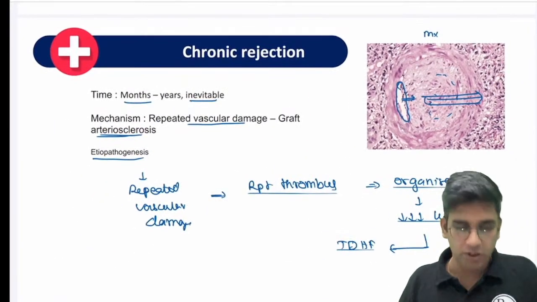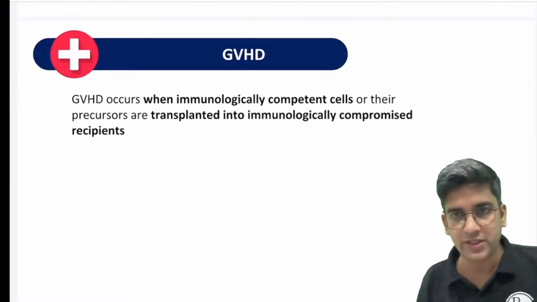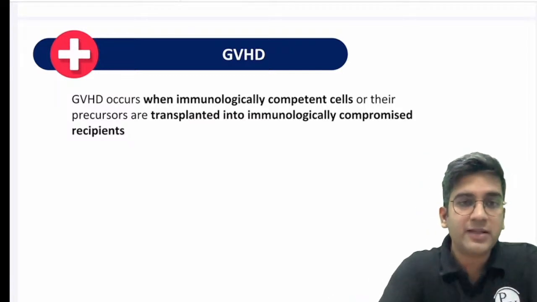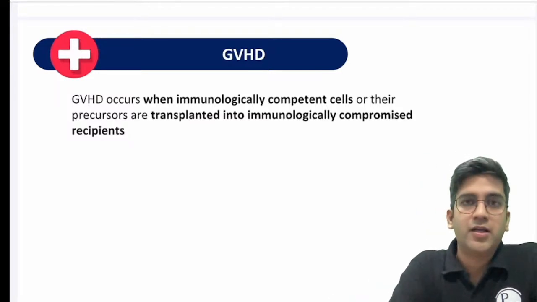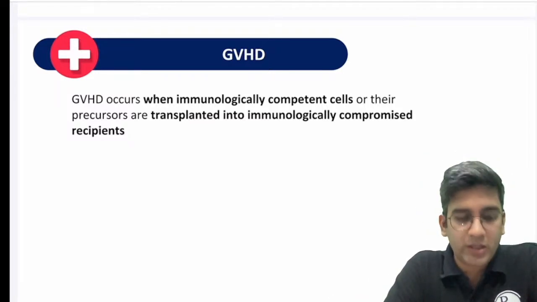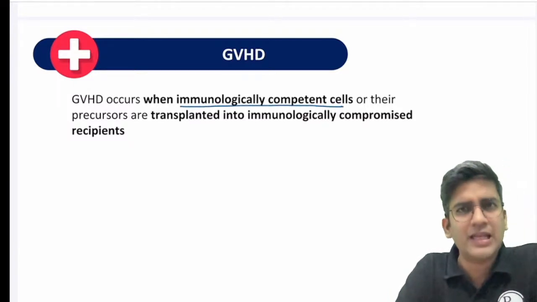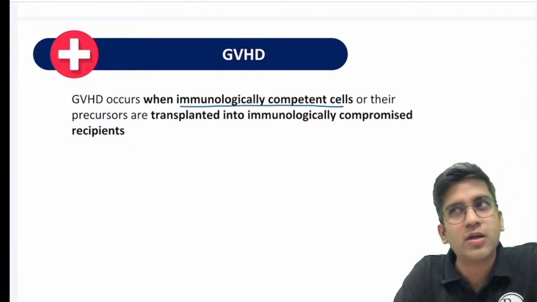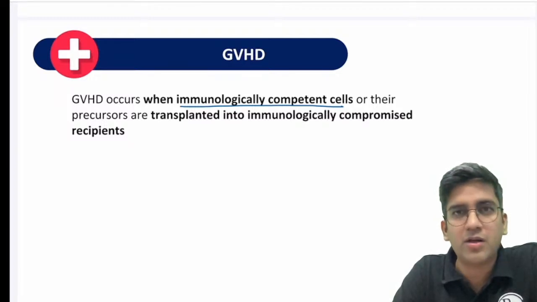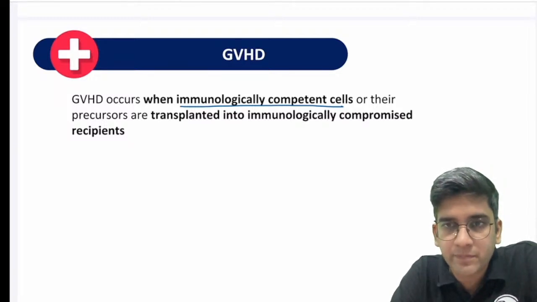Okay, got it. Then we'll go to GVHD. Fine. So GVHD is common in exam. GVHD is a very unique phenomenon where an immunologically competent cell like bone marrow or spleen or small intestine, fine,